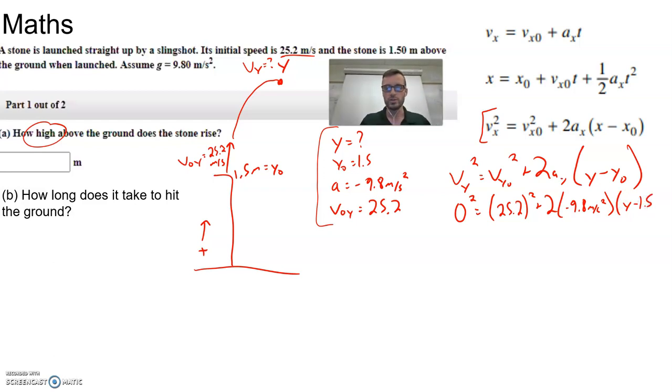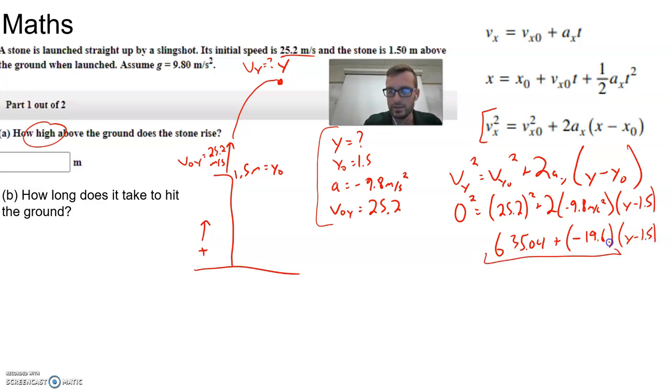Now, I'm going to wave my magic algebra wand and do a little bit of algebra here. 25.2 squared is 635.04 plus, and over here we have 9.8 times 2, which is going to be negative 19.6, times y minus 1.5. Now, a lot of folks will erroneously try to add these two together. You can't do that. The second term, 19.6, is multiplied by that whole quantity, attached to it by multiplication. The correct next algebra step would be to subtract this quantity,